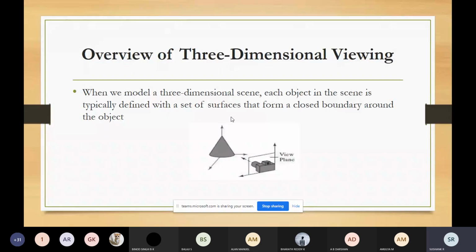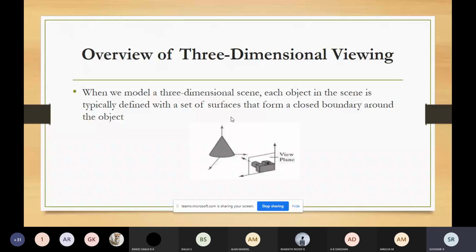When doing this process, the visible part of the surface for this 3D object should be identified, and to make that object look more realistic, you should consider the lighting effects, and also the surface characteristics should be taken into consideration.